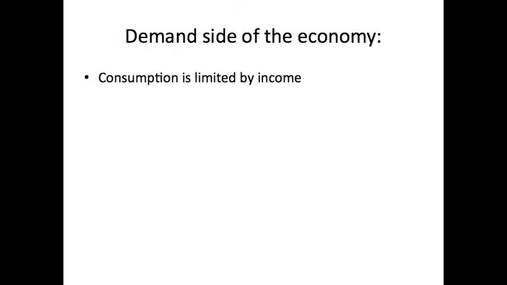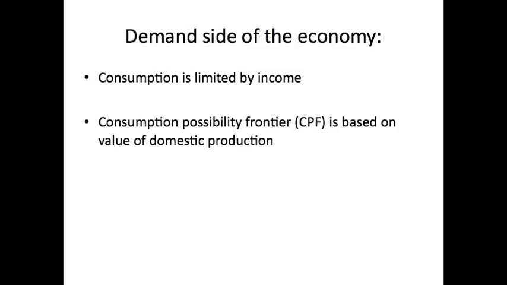Now let's take a look at the demand side of the economy. The PPF looked only at the supply side. Now we're going to be taking a look at the limits of consumption. Consumption is going to be limited by the total amount of income, the value of the production that the economy produces. So the consumption possibility frontier is going to be based on the value of domestically produced goods. We're going to take the amount that's produced and evaluate it at different prices to give the national income, the